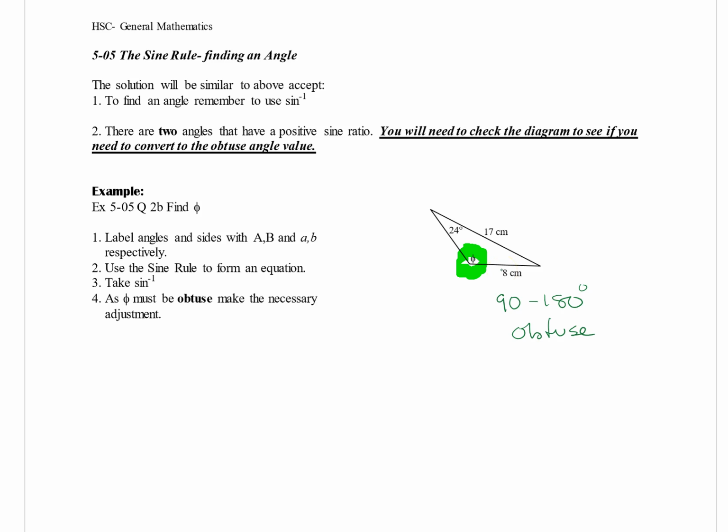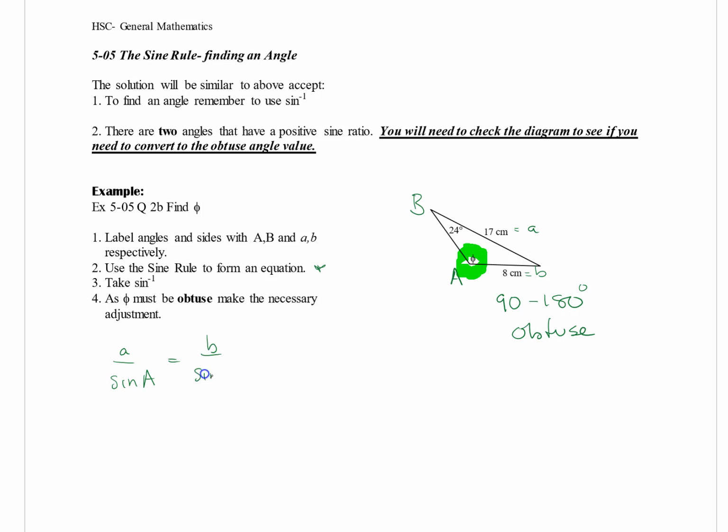Now, remember we are using the sine rule. We can label our angles on our sides A and B respectively. Since this angle is the angle we're finding, it makes sense to call this angle A, and this side lowercase a. This angle is the other angle involved, and we'll call it B, and this side b. We can now write the sine rule,